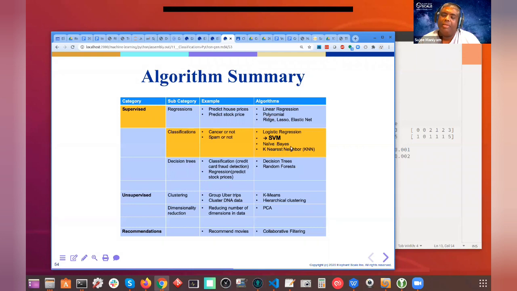Because nobody's going to tell you, okay, here's the data, use SVM to classify, right? They're going to tell you, here's the data, build a model. Build the best model you can. So how do you find the best model? Like this. All right, guys. So again, we'll do this next week. I'll set up the documents and the links and send you guys the homework, right? So give me 2 days or so.